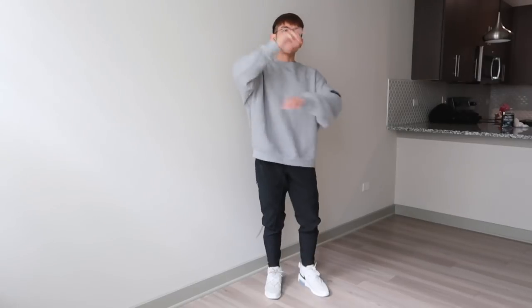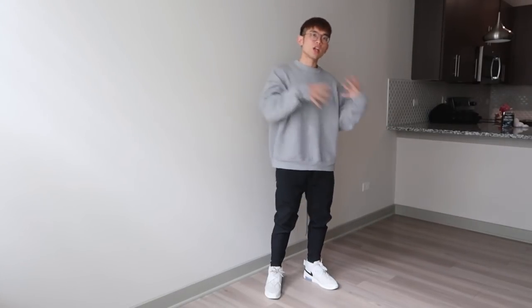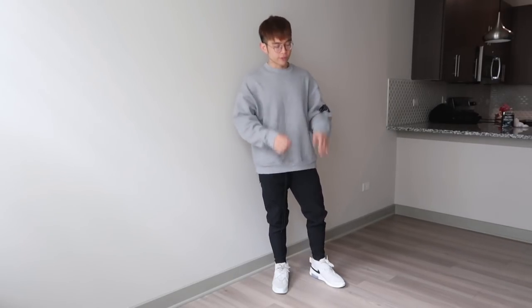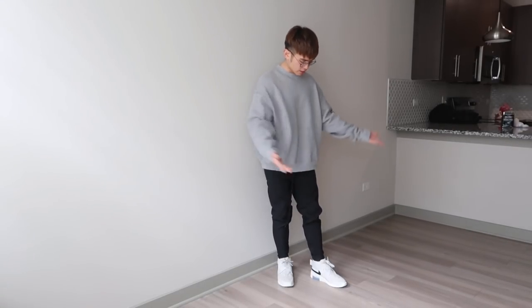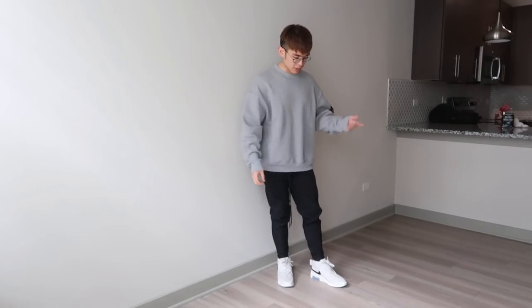Hi you guys, so to cap off the vlog, I know you guys have already seen the on feets, but I wanted to give you guys a little bit of outfit inspiration. So this is my current outfit, rocking the fit with the Fear of God Air Raids, Fear of God runner pant, and the Fear of God sweatshirt. I mean, all Fear of God, but you could essentially replace a lot of these pieces with cheaper pieces,